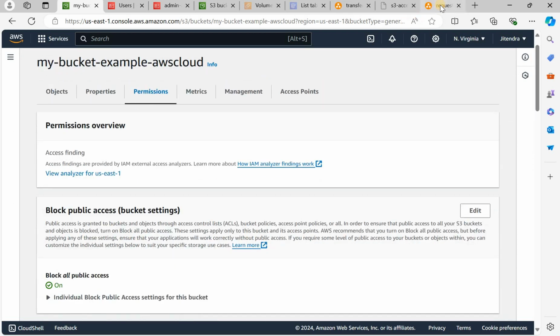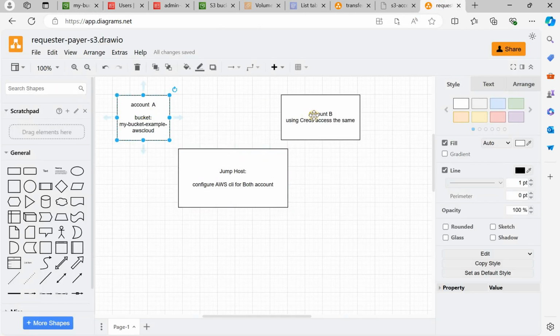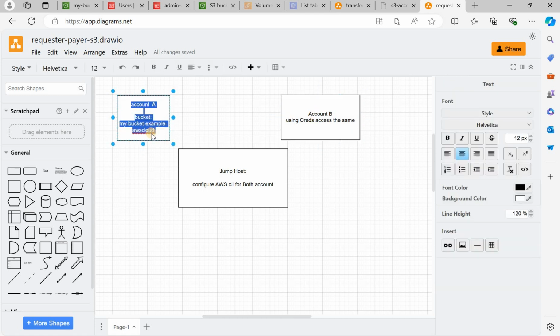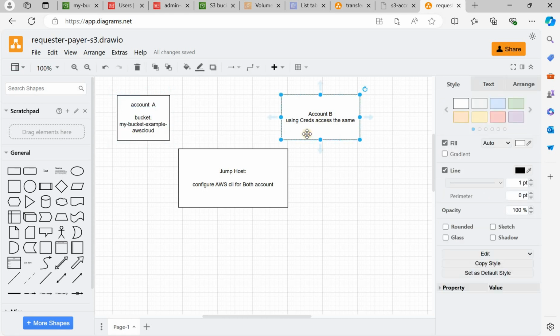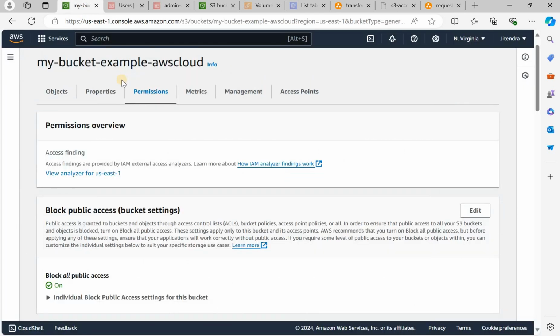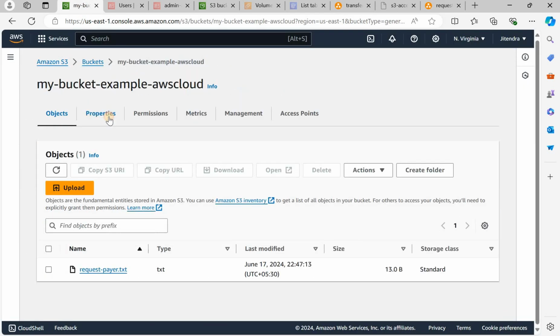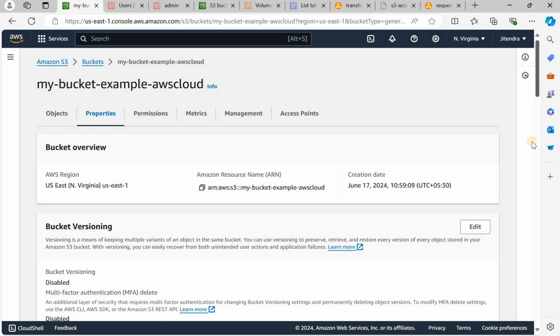So this is account A. I have two accounts, account A and account B. My bucket name is my-bucket-example-aws-cloud, which is in account A, and in account B I have one jump host. Let's suppose I have configured both AWS CLI credentials. Account A is default, and account B is account2. Okay, I will show you how to enable this